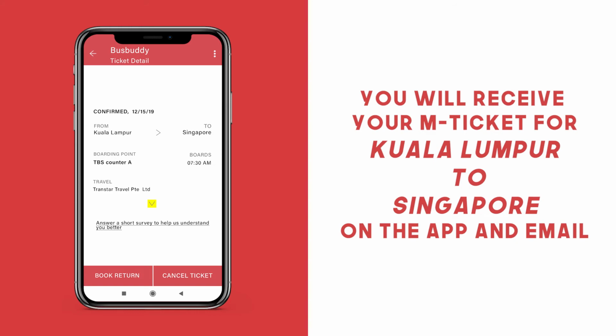Once your payment's been completed, you will receive your M-ticket for Kuala Lumpur to Singapore on the redBus app along with an e-ticket on the